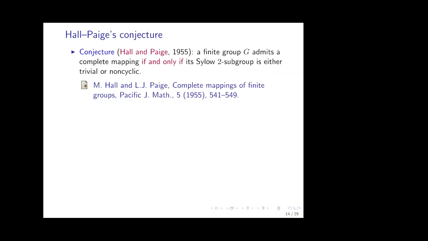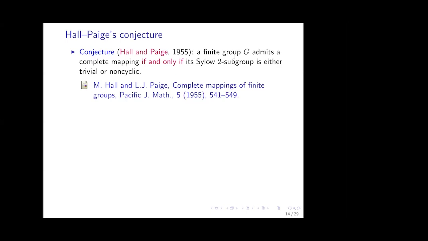We have known that a difference matrix with 2 rows is trivial. But how about the existence of a difference matrix with 3 rows, depending on any given finite group? It's not easy. Hall and Paige in 1955 made this conjecture. It says a finite group G admits a complete mapping, or using our terminology of difference matrix, it says if there exists a